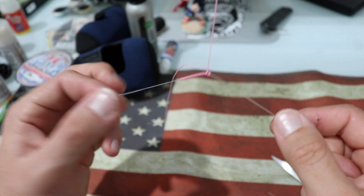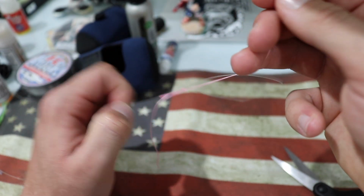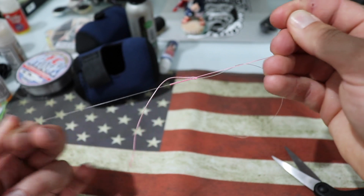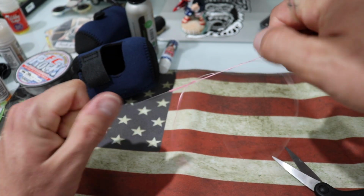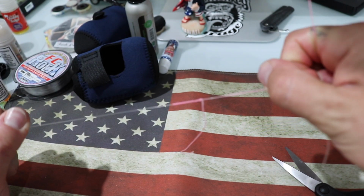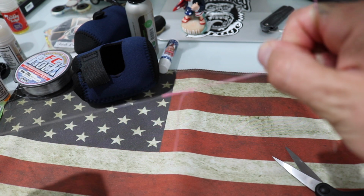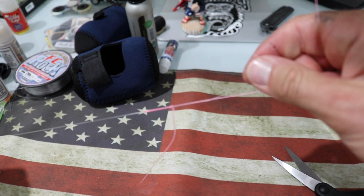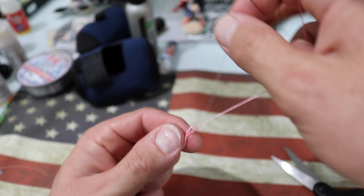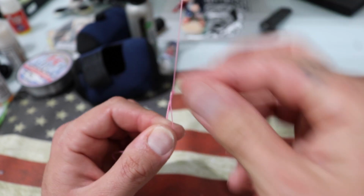Alright, so put our spit on it. So now what we're going to do, this is the most important step that you do not want to miss. You have got your main line and the leader line. You want to hold these and you want to pull it. Pull those two together and you want to cinch. Cinch every bit of that down. Because if you don't cinch it down, that knot is going to pull through completely. So cinch it down nice and tight, so it's not going to pull out. Now, by pulling those 2 lines, you just put notches in here. So now what we want to do,